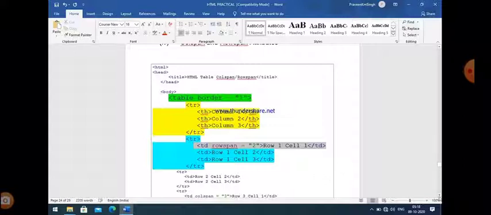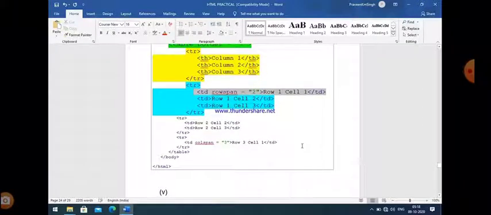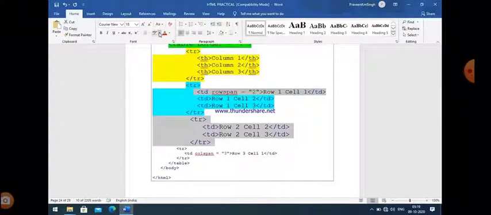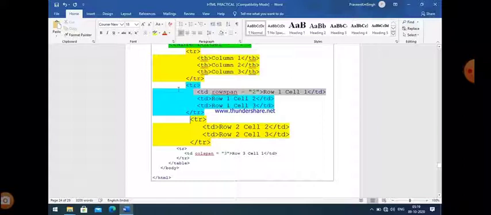So in the next row no row span or col span is used, so simply a row is created with two cells, and in the third you can see that col span is used.